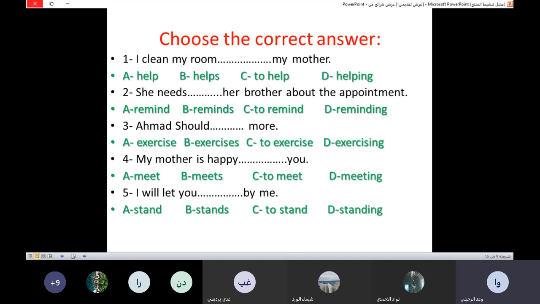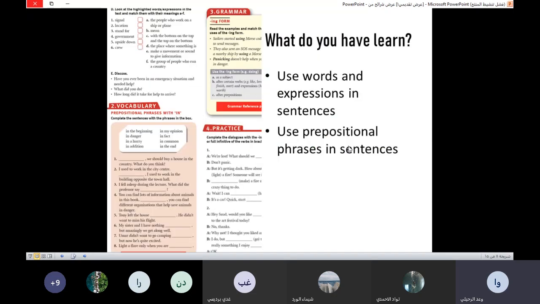Number five, the last one, I will let you buy me. Stand, stands, to stand, or standing? Stand. Yes, stand, without S, without anything. Okay, so it's a very easy one. The next thing is,